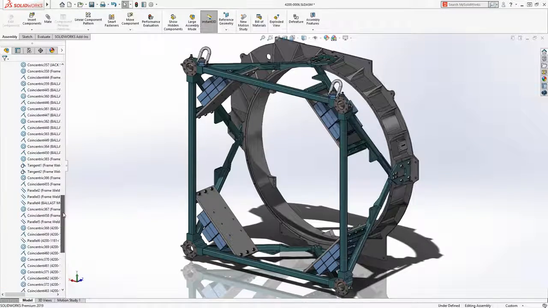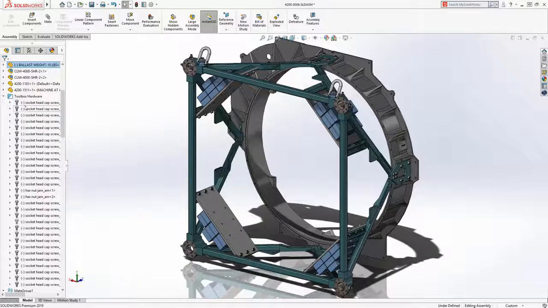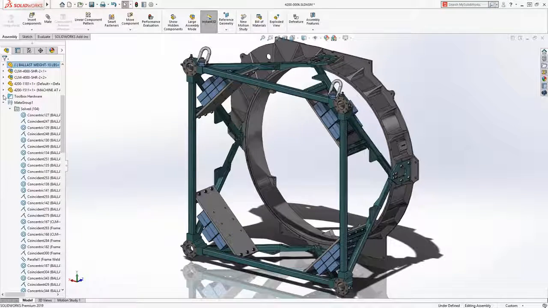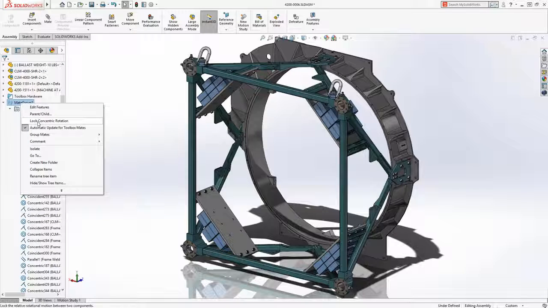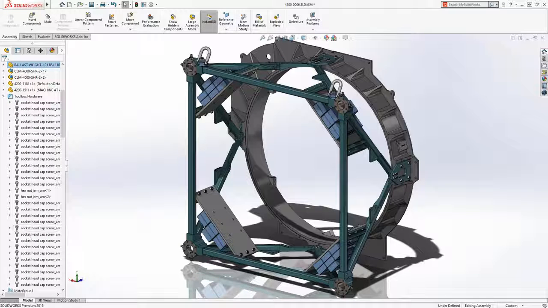Many users prefer to have all of their toolbox components fully defined in their assemblies, and you can see the fasteners in this assembly have an underdefined symbol in front of them. An option is available to lock the rotation of all concentric mates with one click. Now all of the fasteners in this assembly are fully defined, saving a great deal of time when compared to